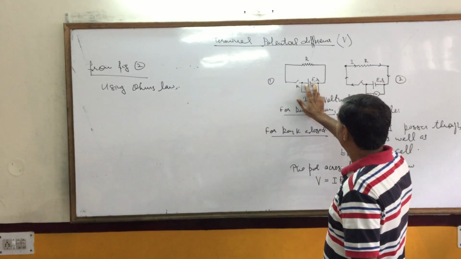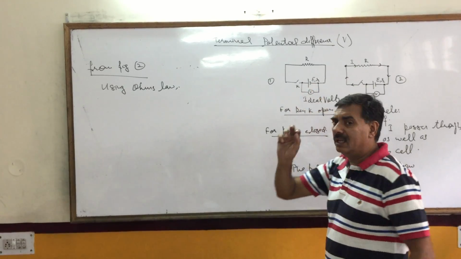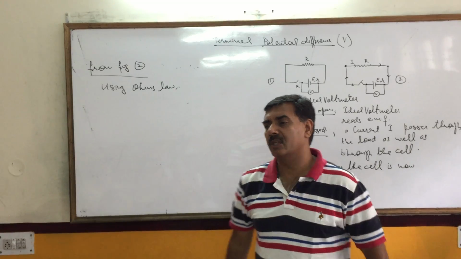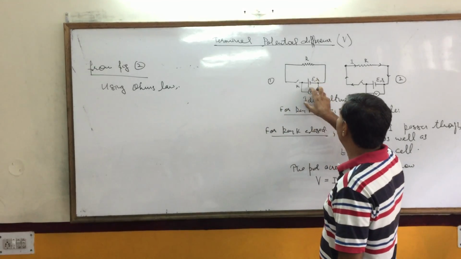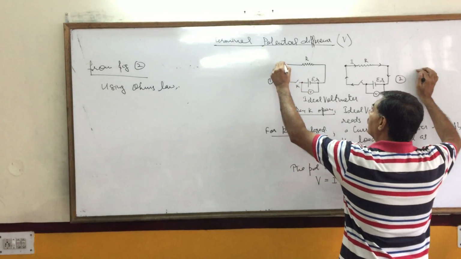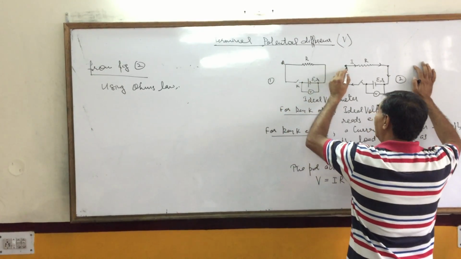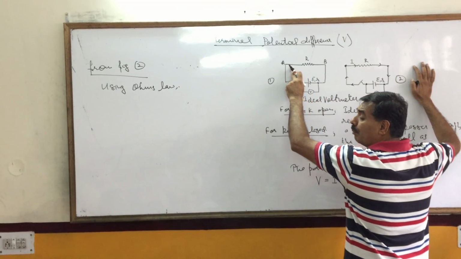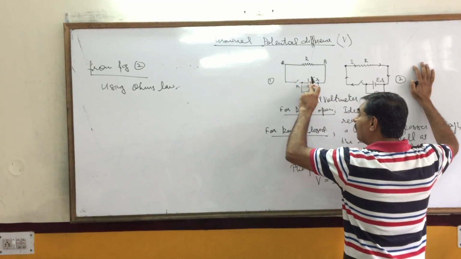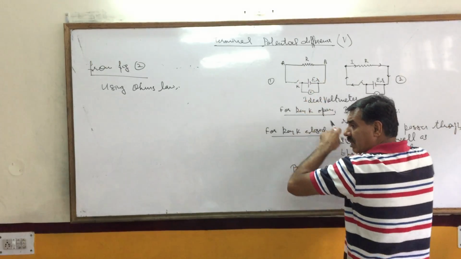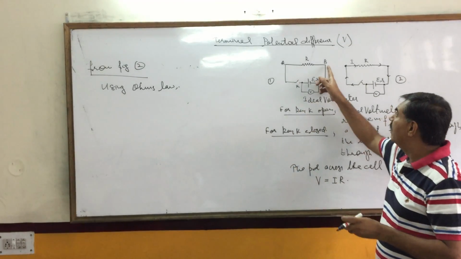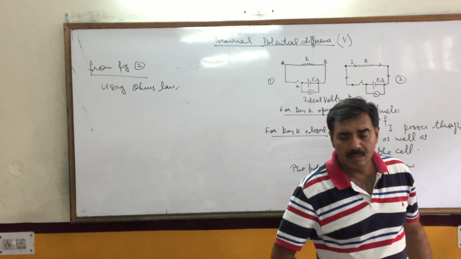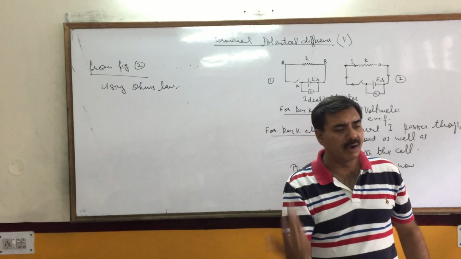We have a cell. A cell is a device which is to maintain the potential difference across the ends of a conductor, because the moment you have A at a positive potential like here and B at a negative potential, the electrons will begin to move through it and will try to balance the potential. A chemical reaction will start inside the cell simultaneously to maintain this potential difference, and even the electrons moving from B to A will never be able to balance the potential, and that will establish a current in the circuit